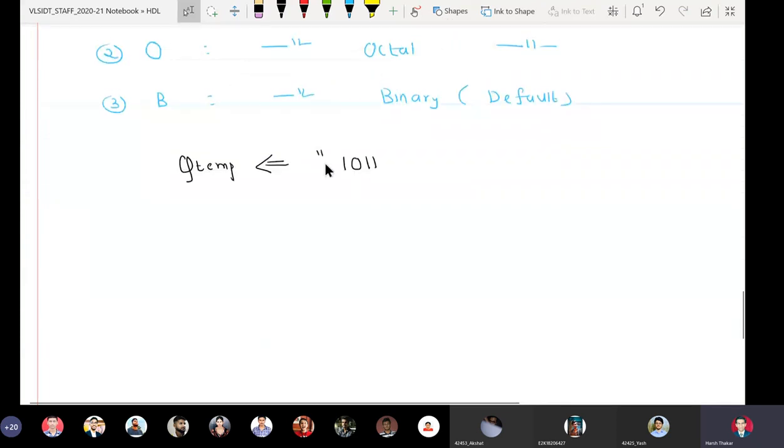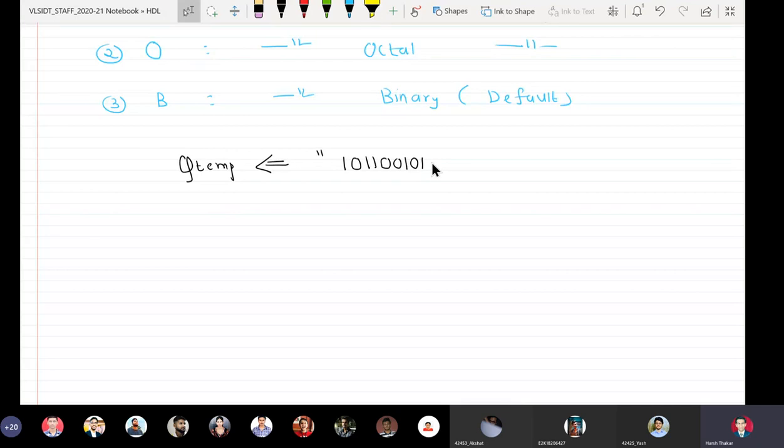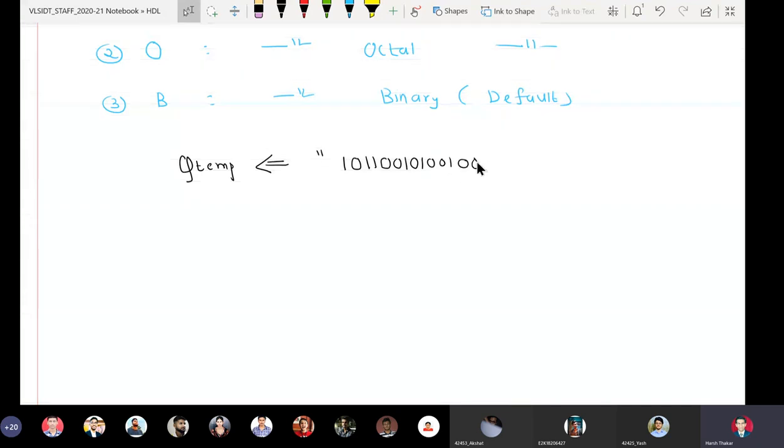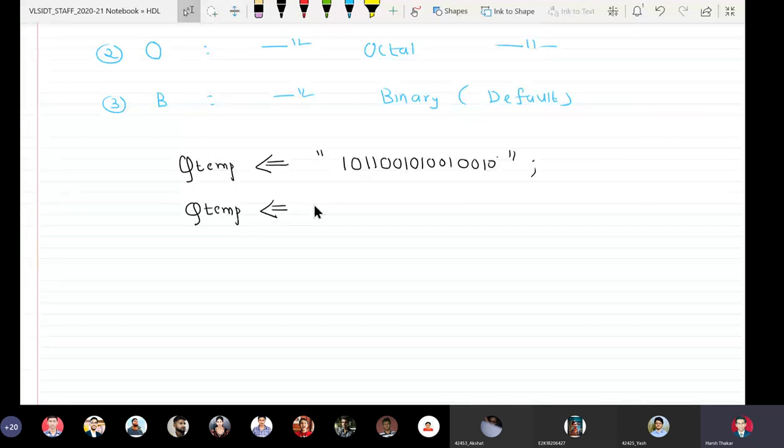So I can write instead, see carefully, Q temp is assigned X, and you can say double quotes B292. Okay, another way of writing it. So this is how you use the bit string literal. That is, whatever is the hexadecimal equivalent, you write it in double quotes and preceded by X.